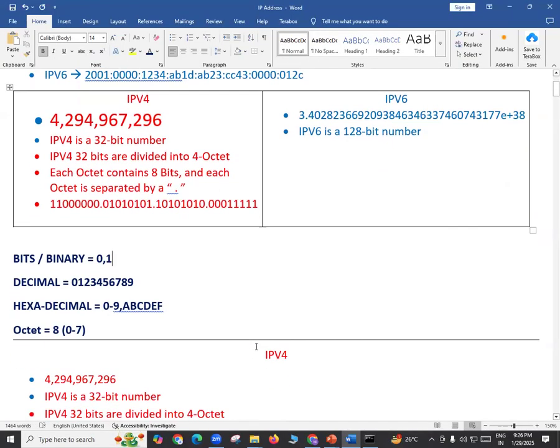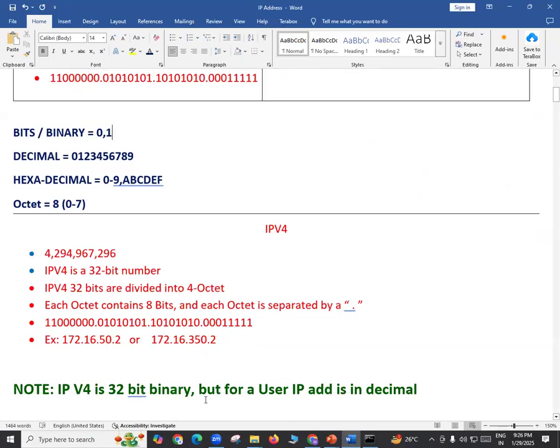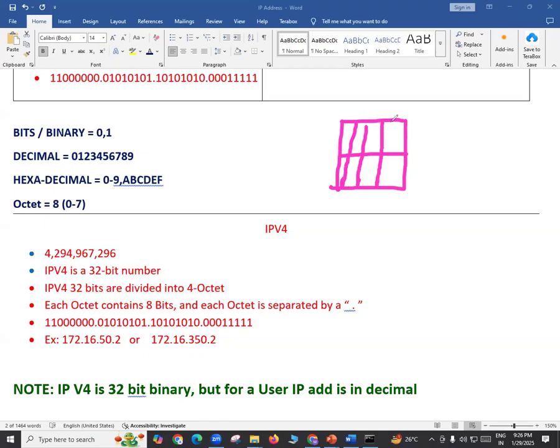Okay, so I hope it is clear now, the decimal, binary, and hexadecimal numbers. And then there is something called octet. What is octet or what is octa? Normally you see your mobile phone is an octa-core processor. Your laptop is having an octa-core processor. What is the meaning of octa-core here? Octa-core means a processor with totally 8 cores. This is one processor and this one processor is divided into totally 8 portions. So octa means how many? Octa means 8.